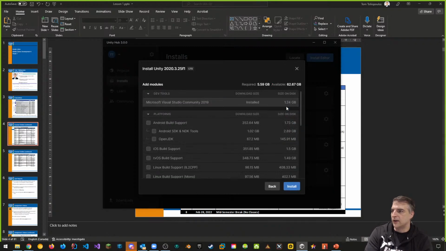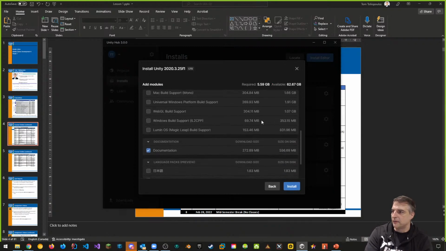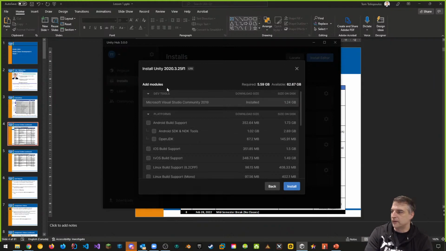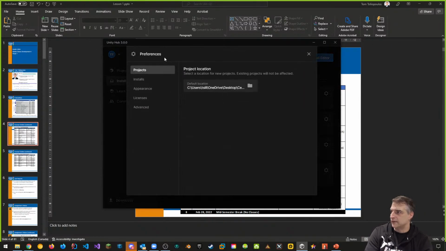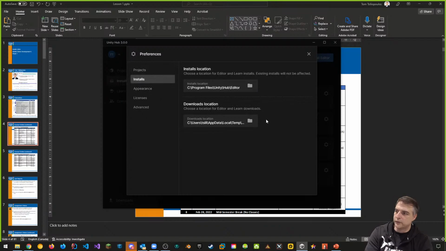If I click install, then by default this is going to go in the default installation section. But if you go to your preferences, you can see where your projects are, the project location, and you can also specify where you want to install stuff. There's your install location. So every time you install stuff, you can install it wherever you like.